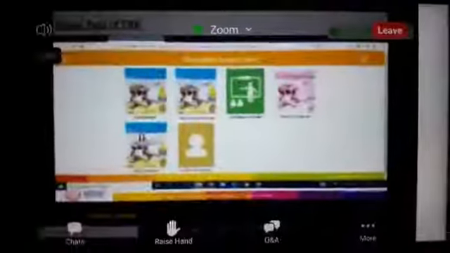I'm going to show you the step-by-step process of downloading the ILP app through the App Store on iOS or the Play Store on Android. How you can effectively download that, and then after downloading, how you can use it. So what you need to do, you need to visit the Play Store or App Store. I request all of you to please download this app, and once you download and install it, you will see the logo of the ILP app.